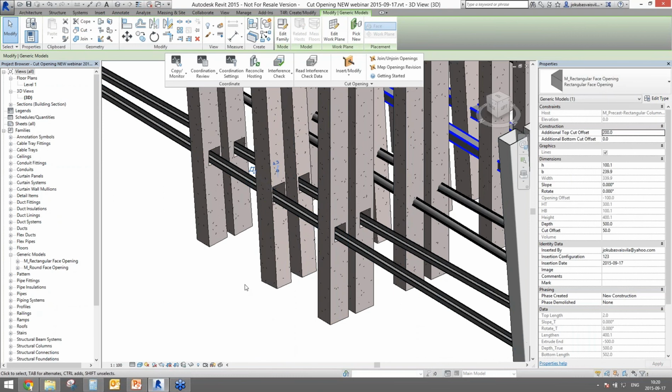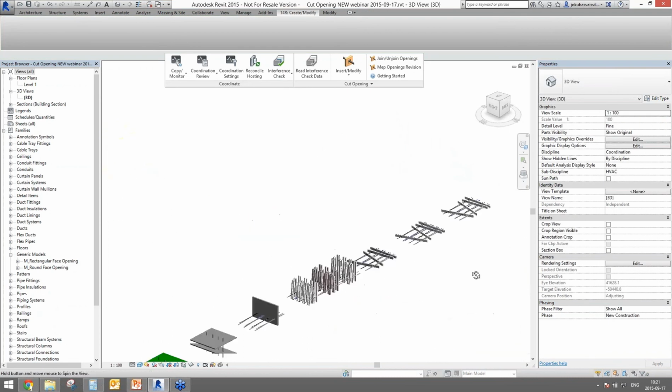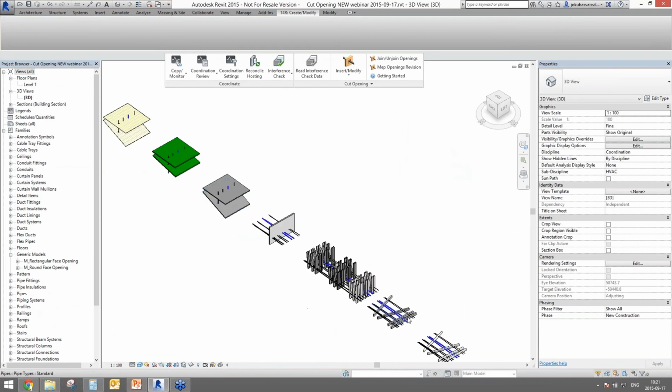As well, I want to mention that we have added some additional parameters, like a parameter that is named inserted by, insertion configuration, and insertion date. So the users and the BIM managers will know who inserted the openings, according to what configurations the openings were inserted, and the insertion date as well. So that is how the cut opening is working with all structural